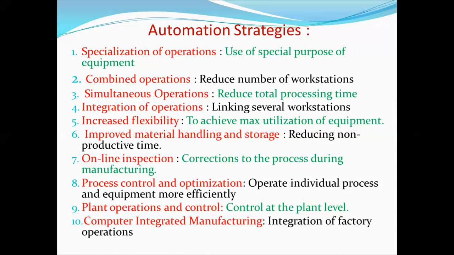So control at the plant level means wherever this strategy was concerned with the control of the individual manufacturing process. This strategy is basically concerned with the control at the plant level. Basically, it attempts to manage and coordinate the aggregate operations in the plant more efficiently. And its implementation usually involves a high level of computer networking within the factory. So this can be easily done, and the control system can work where you can control the operations.